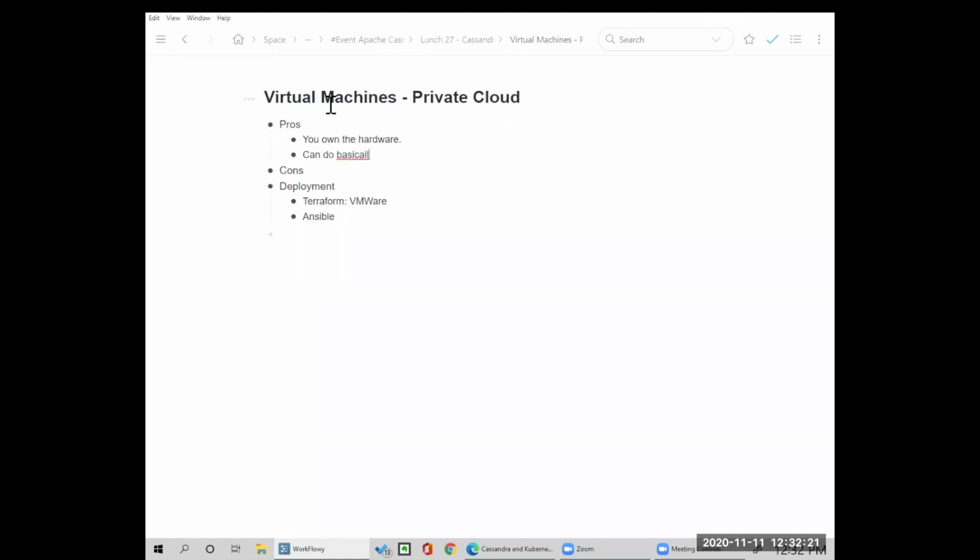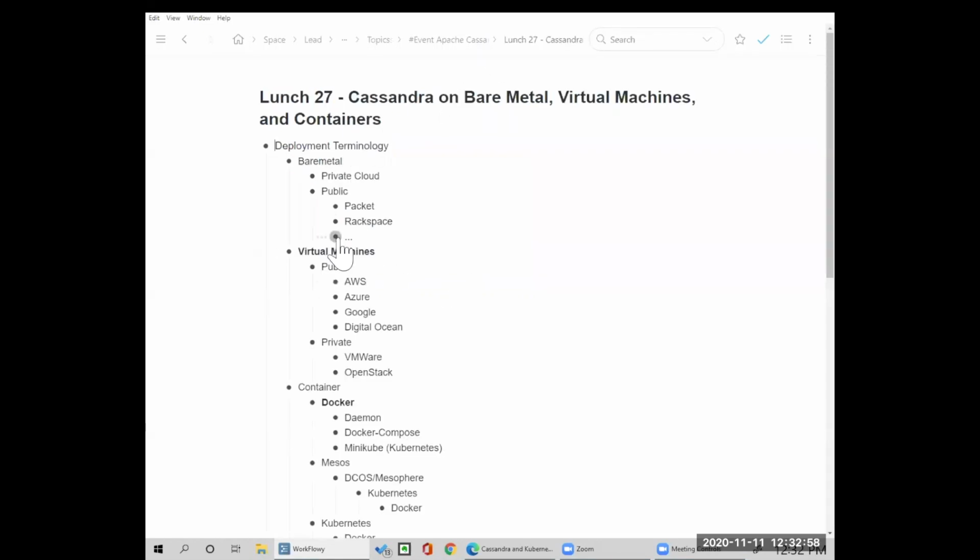Can do basically what you can do with public cloud, right? As long as you have the permissions to provision yourself machines, it's not that much different. In fact, there is a Terraform provider for VMware in which once you connect to the ESX server, you can say, I want a new computer, and it'll make a new computer for you, and it'll give you the IP address. And after that point, Ansible, or as we discussed, Docker can be used to then start Cassandra on that hardware.